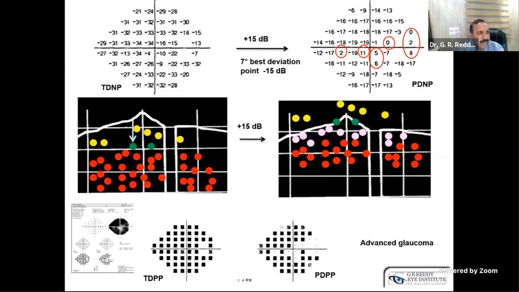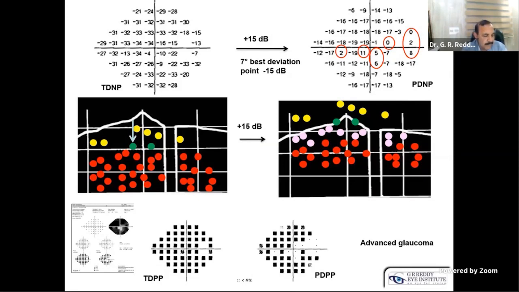But even if glaucoma starts at the periphery and the central area is normal, practically, why threaten the patient that you are developing glaucoma? From the patient's point of view, I also think, don't label him as glaucoma when glaucoma is starting somewhere in the periphery and he is hardly at the age of 60 or 70. Why unnecessarily threaten him? Follow him, and all these things you should know and you can advise him.